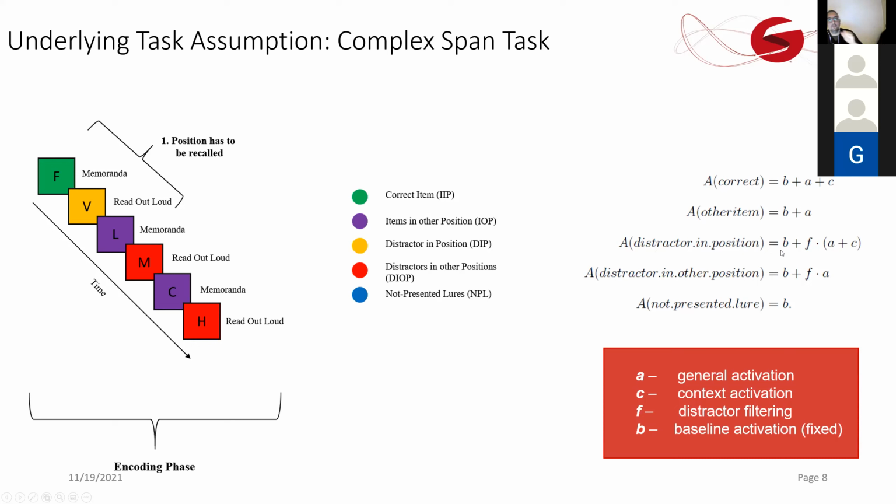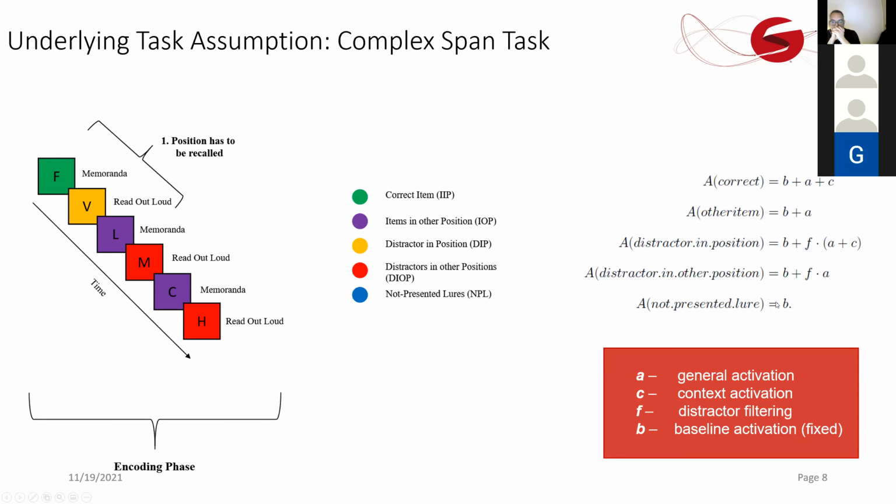And so a distractor in position is basically the same as the activation for the correct item, with the exception that the filter parameter F modulates the activation here. So if you can perfectly filter, then F would be 0, which means that the activation for a distractor in position is equal to a not presented lure, as it's for the B parameter, which is basically an item which has not been shown